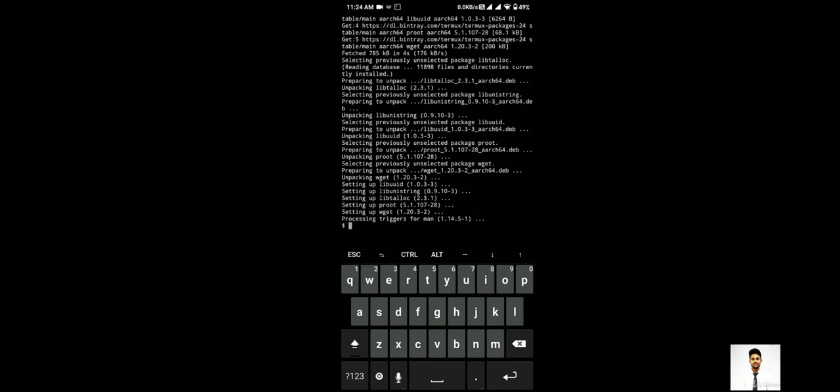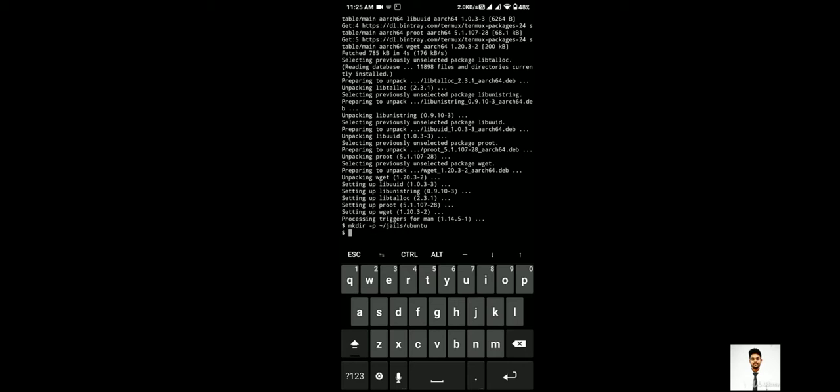Now, after you install wget and proot, you can install Ubuntu chroot using this command. mkdir, that is make directory. I'm giving some parameters here. I'm creating a new folder.